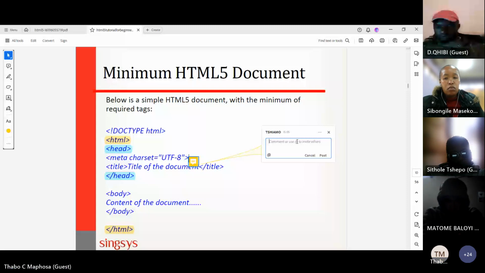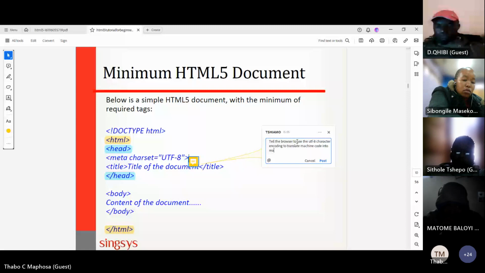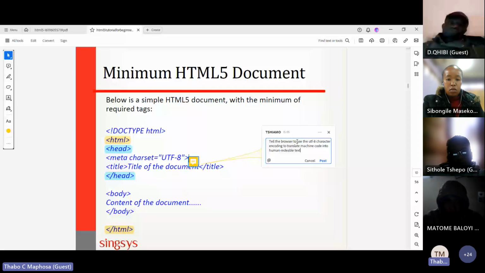Simple like that. It tells the computer, whatever has been done, use the UTF character encoding to translate.